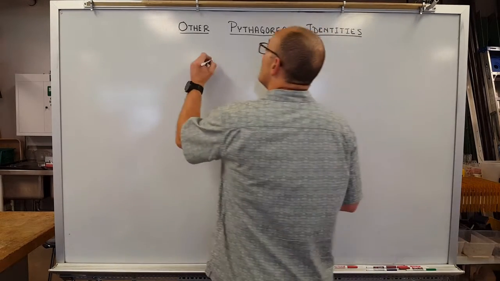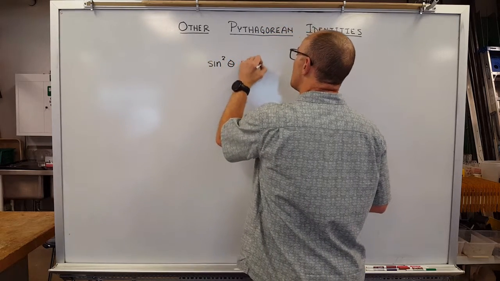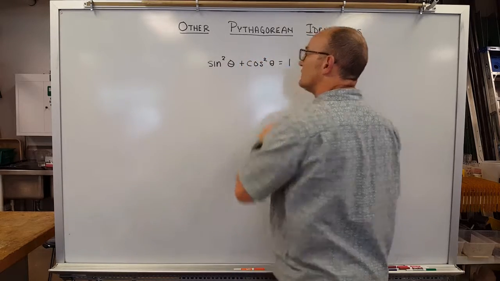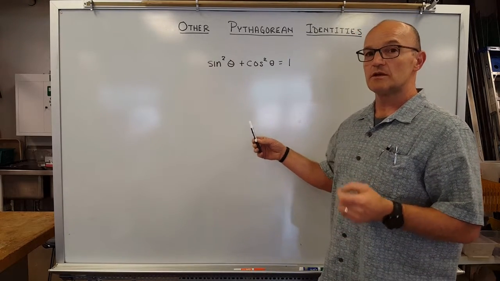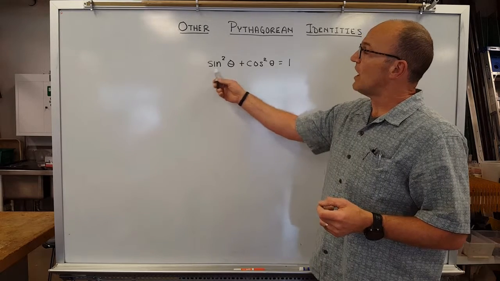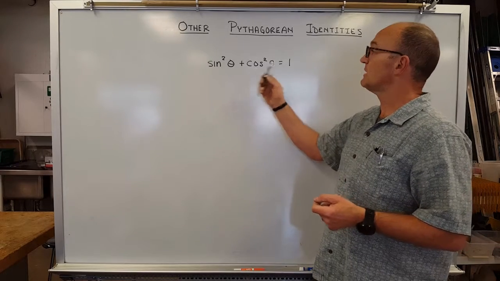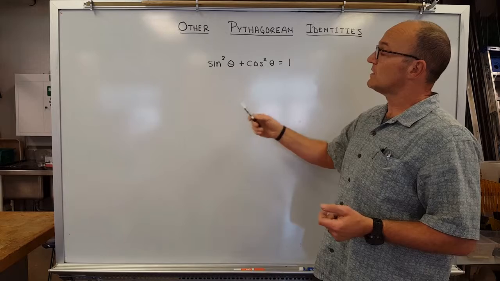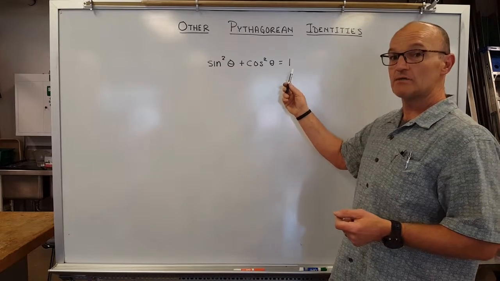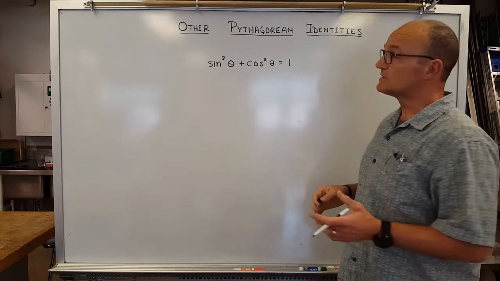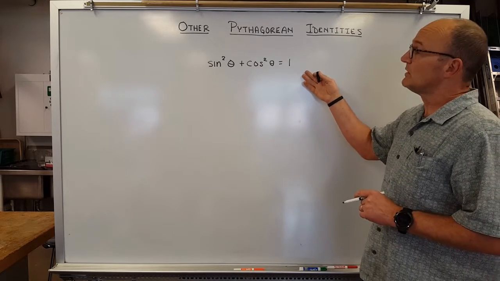the last video, which is that the sine squared of theta plus the cosine squared of theta is equal to 1. Remember that for the right triangle that you used on the unit circle, we had the opposite side equal to the sine of theta, the adjacent side equal to the cosine of theta, and the hypotenuse equal to 1. And so we get that one side squared plus the other side squared is equal to the square of the hypotenuse. And what we'd like to do today is to use this equation and derive another trigonometric identity that relates